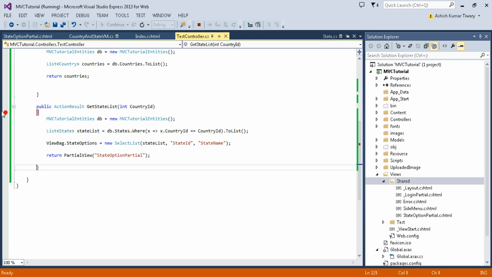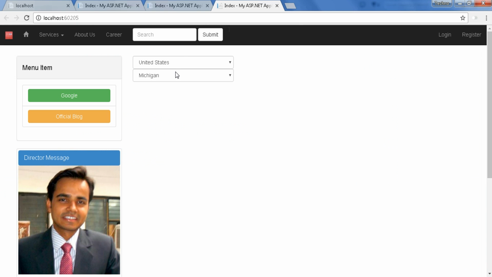Okay, so now choose again India. So India will have Delhi, Uttar Pradesh, Punjab, Haryana, Bihar, and when you select United States, then you will have California, Texas, New York, Michigan, Virginia, etc. Okay, so I hope this is very simple,